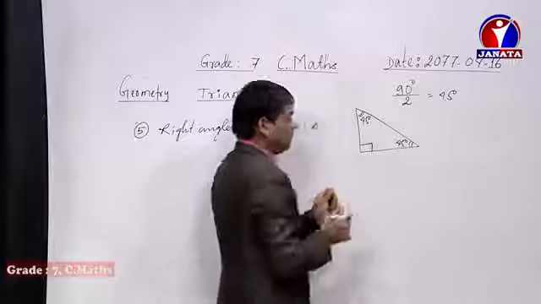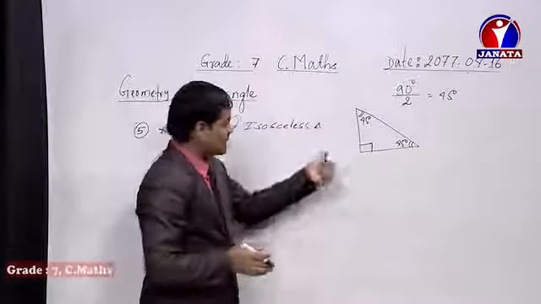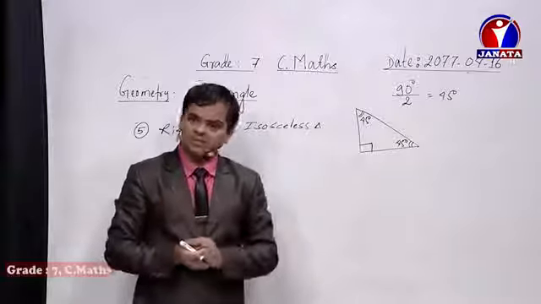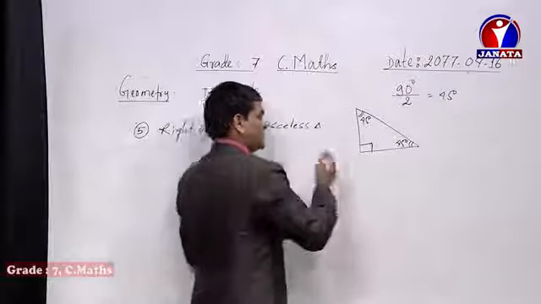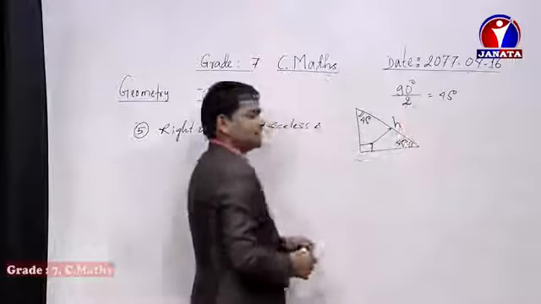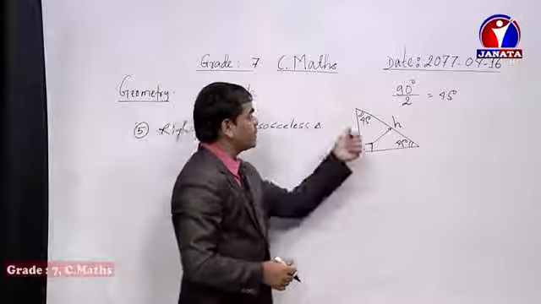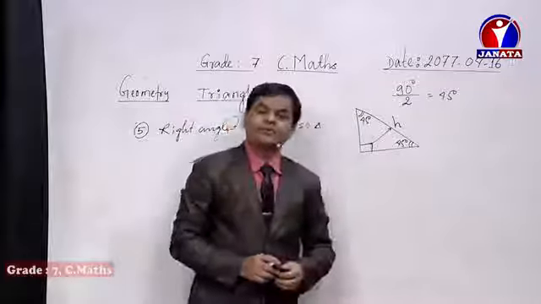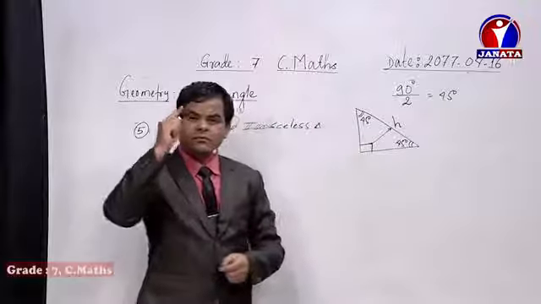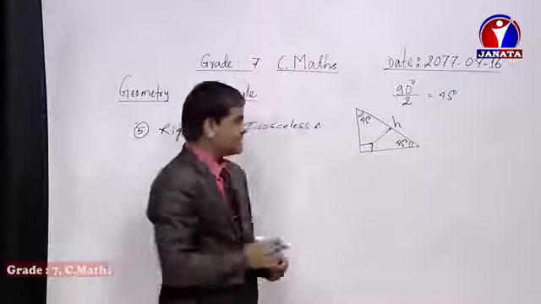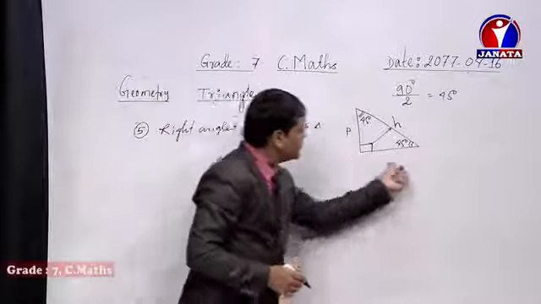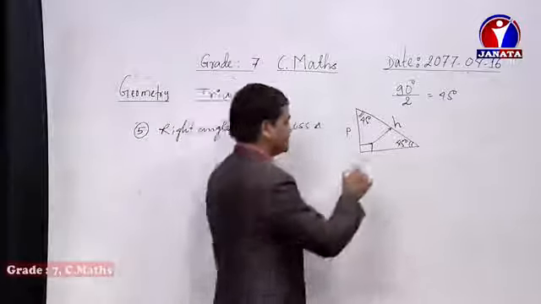And dear student, if you see the sides, as it is a right angle triangle, we must denote them as perpendicular, base and hypotenuse, isn't it? So always opposite to 90 degree we call that side the hypotenuse. So this one is the hypotenuse. Now in case of perpendicular and base, I have already told, if the reference angle is not fixed, at that time the vertical line we write as perpendicular as it is vertical. So this one is the perpendicular, and the horizontal line we write as base. So this one is the base.